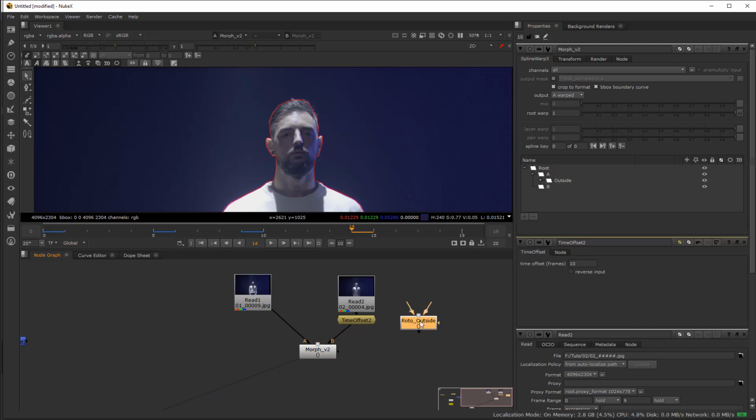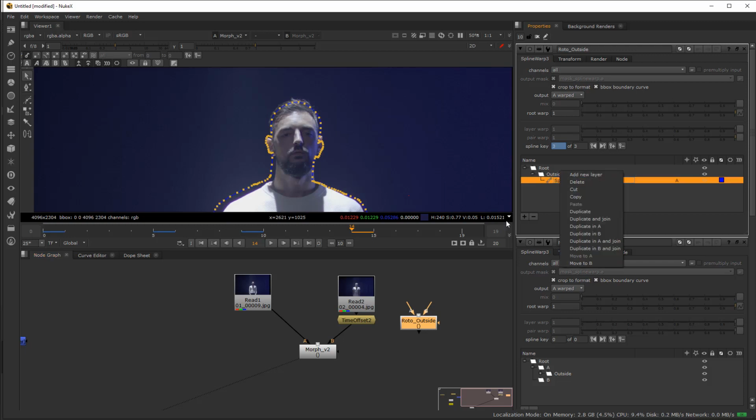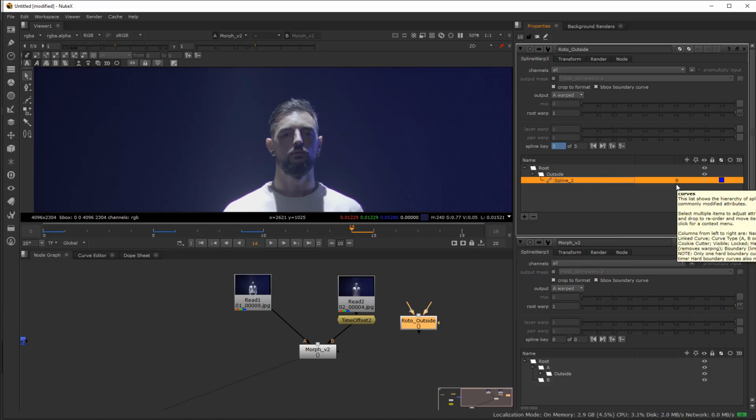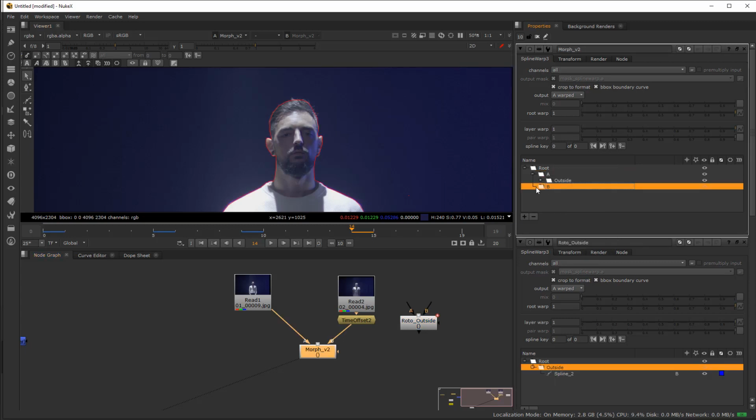Double click on it, delete the second one, right? Move this plane onto B, because before it was A. And copy this one here to the B here.